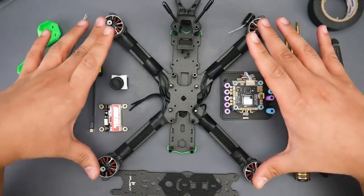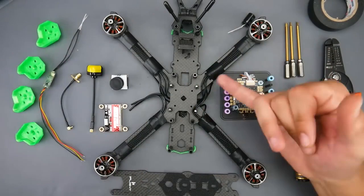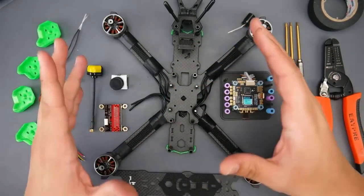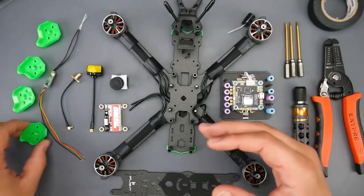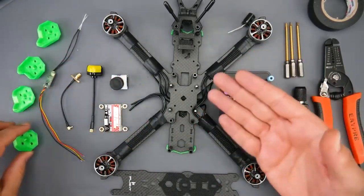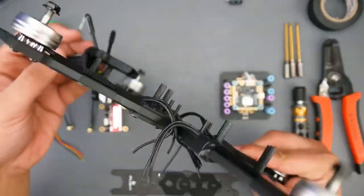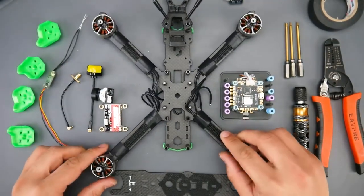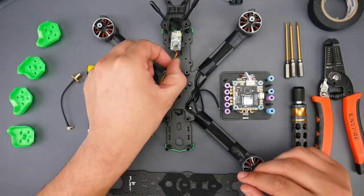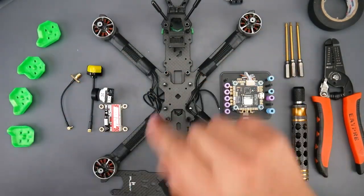So for frame, we're going to be using an iFlight frame, which I'll have linked down below. I really love this frame, and the reason why we're using this frame is because we have so many stacking options, so many 3D printed parts, and on Thingiverse you could find all kinds of attachments. These actually came with the frame, which will protect your overall lifespan of your quadcopter. And if we take a look at the bottom here, we see we have even more 3D printed parts. All of these things did come in the box, and we even have a receiver holder here, which will hold a receiver in a really nice position,